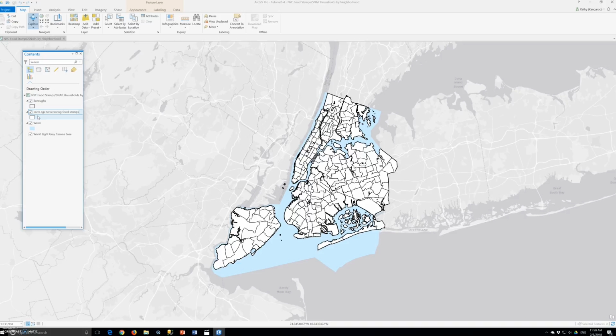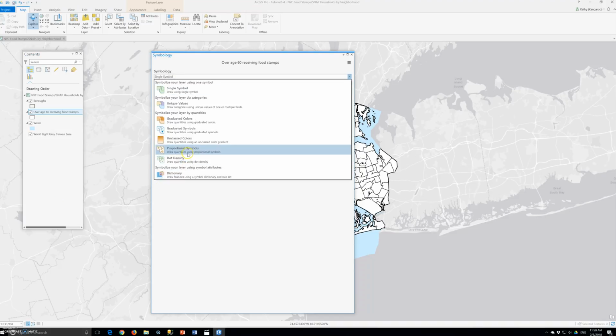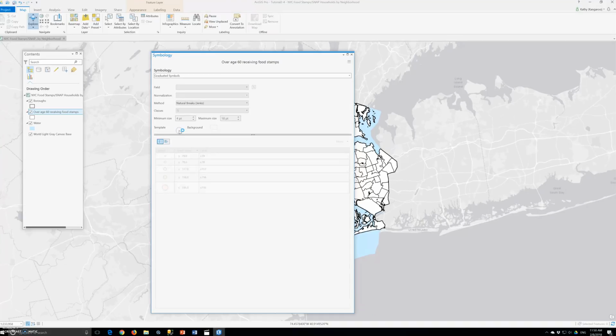Okay, now in the symbology pane for this layer, we're going to use the following guidelines to symbolize the layer. So now, we will right click on it, go to symbology. And then for symbology, we will choose graduated symbols. And for field, we will do